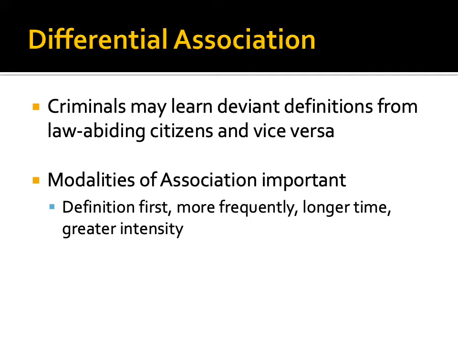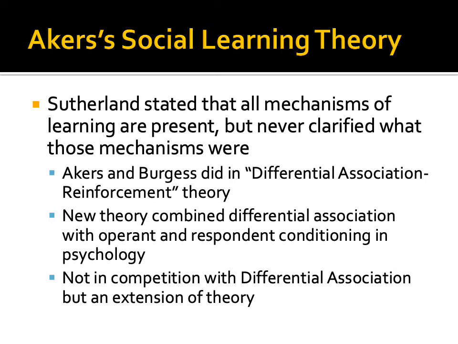And so you can see how people can suddenly change their definitions as to what's deviant or not deviant based on that in a fairly quick amount of time. So Sutherland stated all the mechanisms of learning are present in his theory, but never really clarified what those mechanisms were. So Akers and Burgess wrote Differential Association Reinforcement Theory to try and help combine what those learning mechanisms are,